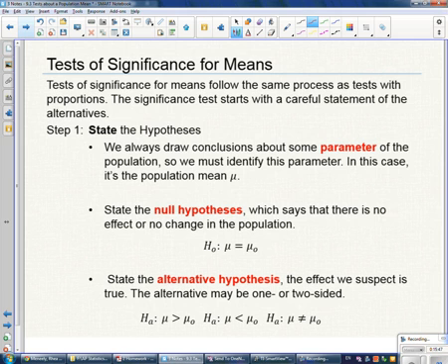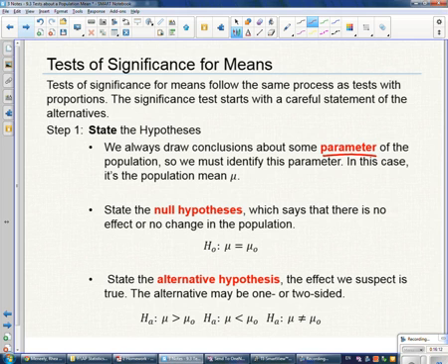So you'll notice step 1 where it says to state the hypothesis. We always draw conclusions about some parameter of the population, so we have to identify the parameter. In this case, we're going to be talking about the population mean. As we start combining our inference procedures, you really want to pay attention to the problem, because now they're going to all be mixed up. You're going to have proportions mixed with means, and you really want to make sure that you're able to identify